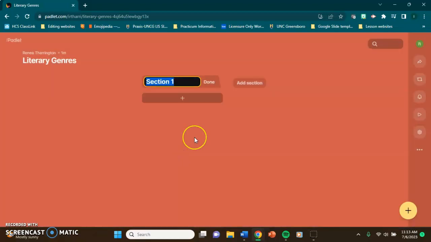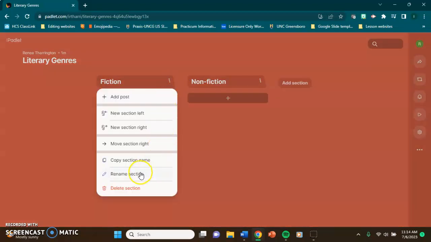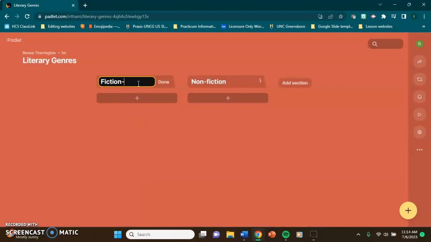And so we're going to rename this section. So we'll have it fiction. And then we can also come right here. We can add a section and we can name it nonfiction. We could go ahead and add in the definition for fiction and nonfiction in this section title. That way, whenever you are finished,